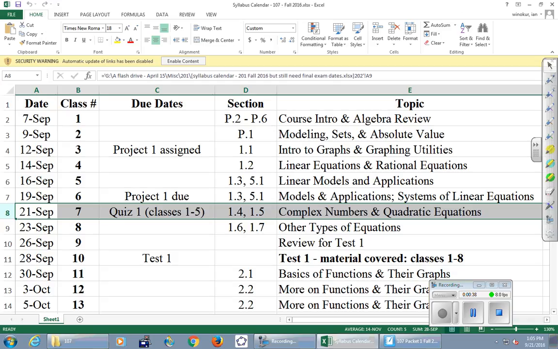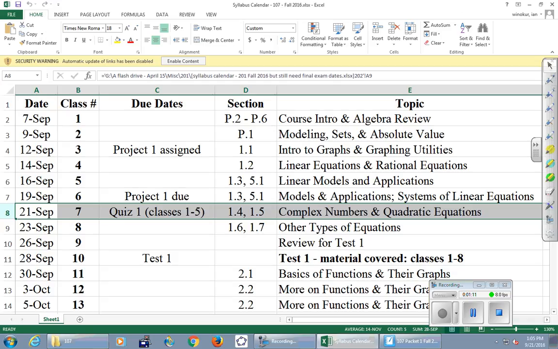Coming up over the next couple of classes, on Friday, we've got one more day of new material. Monday is our review day for the first test. I have no other agenda on that day other than to review. And then our very first test is a week from today, Wednesday next week. It is on lessons or classes 1 through 8, that is to say everything that we are doing up through today and Friday. So after Friday's class, that's the end of the material for the test. Monday is our review day, and then Wednesday is the test, okay?